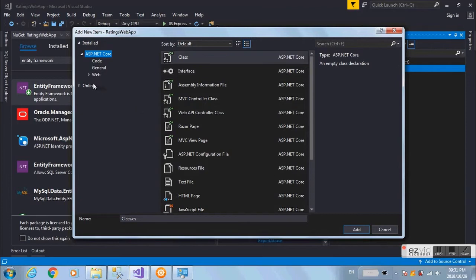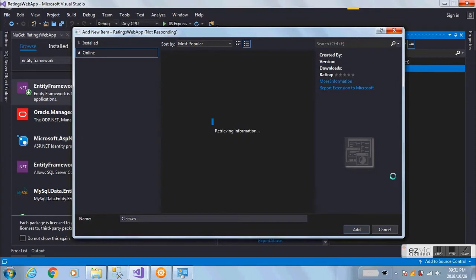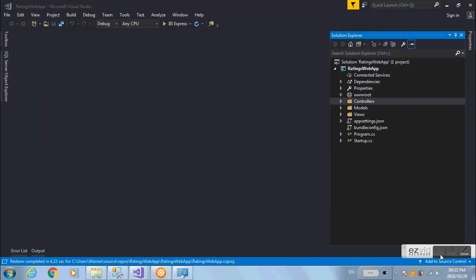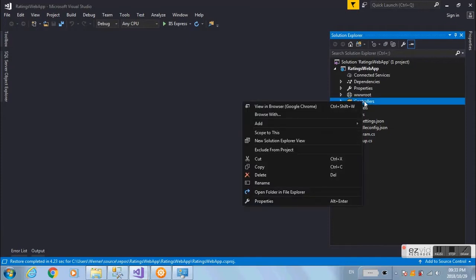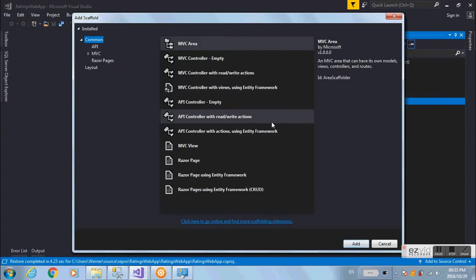And what we're looking for is the data model. Okay, sorry, since this is ASP.NET Core, we're going to go to the controllers folder and right click